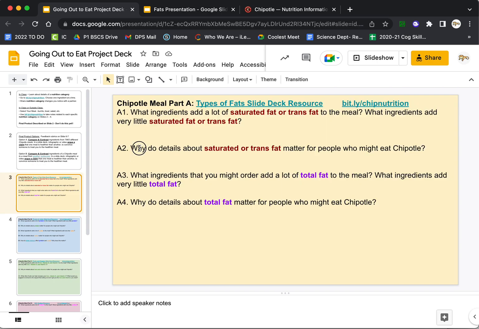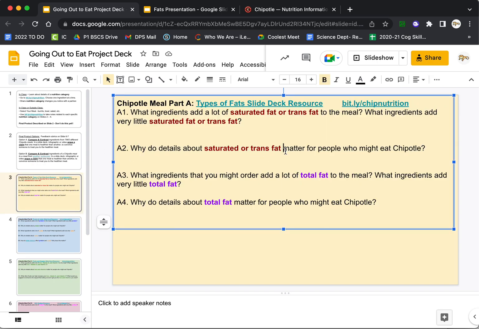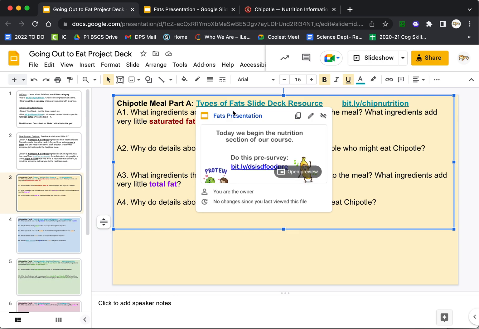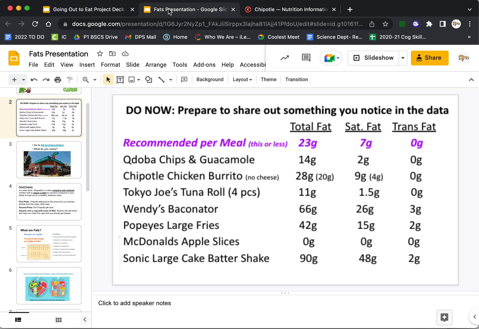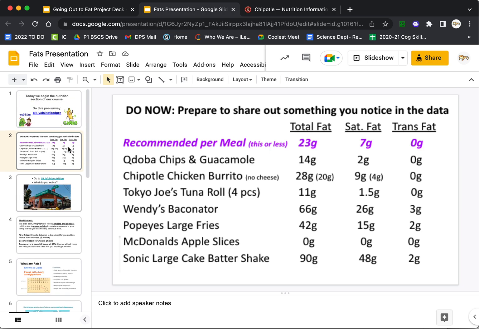These next questions: why do details about saturated fat or trans fat matter? Or why do details about total fat matter? This is where this slide deck comes into play. So I don't need to go through this whole slide deck with you right now because you can do that on your own, but I will go through some